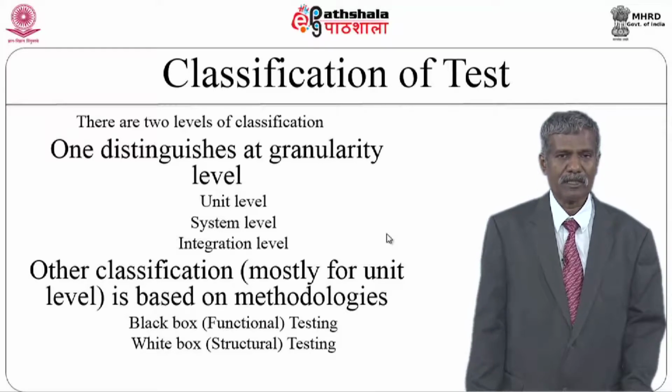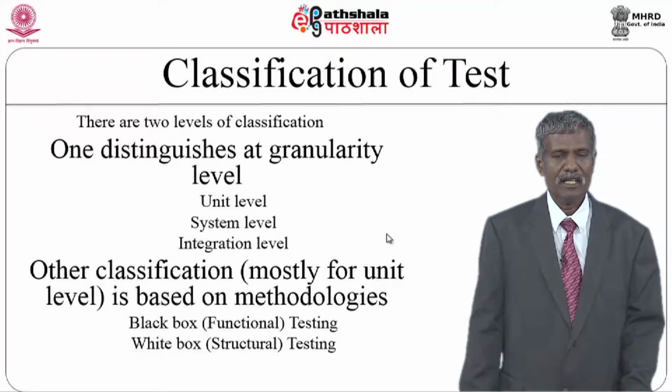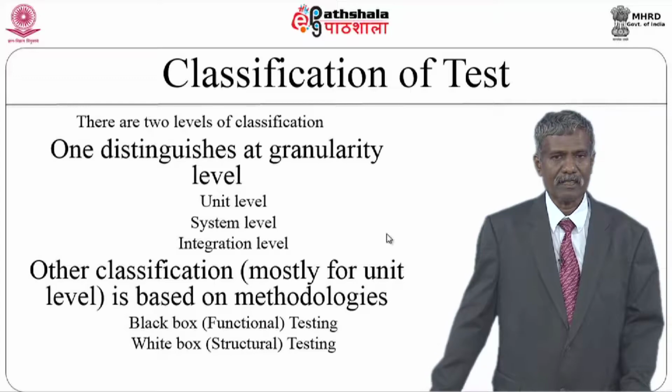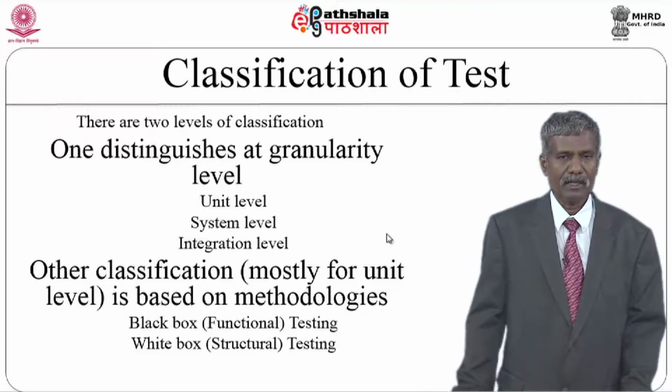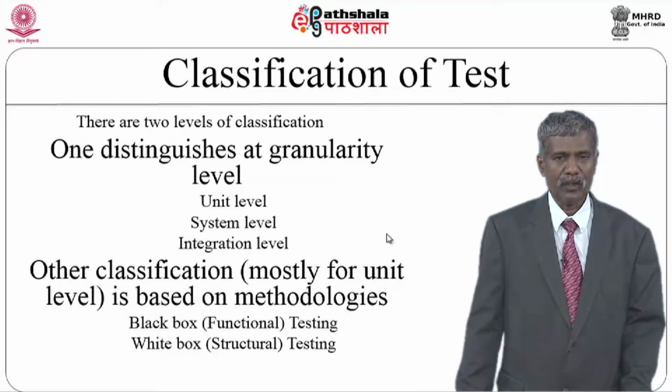In the top-down approach, first the main module is made, and the sub-modules are designed one by one and integrated with the main module. For example, you have a program with one main program and 5 functions, namely function 1, function 2, function 3, etc., up to function 5. Now, there are 6 modules: the main module and function 1 to function 5.